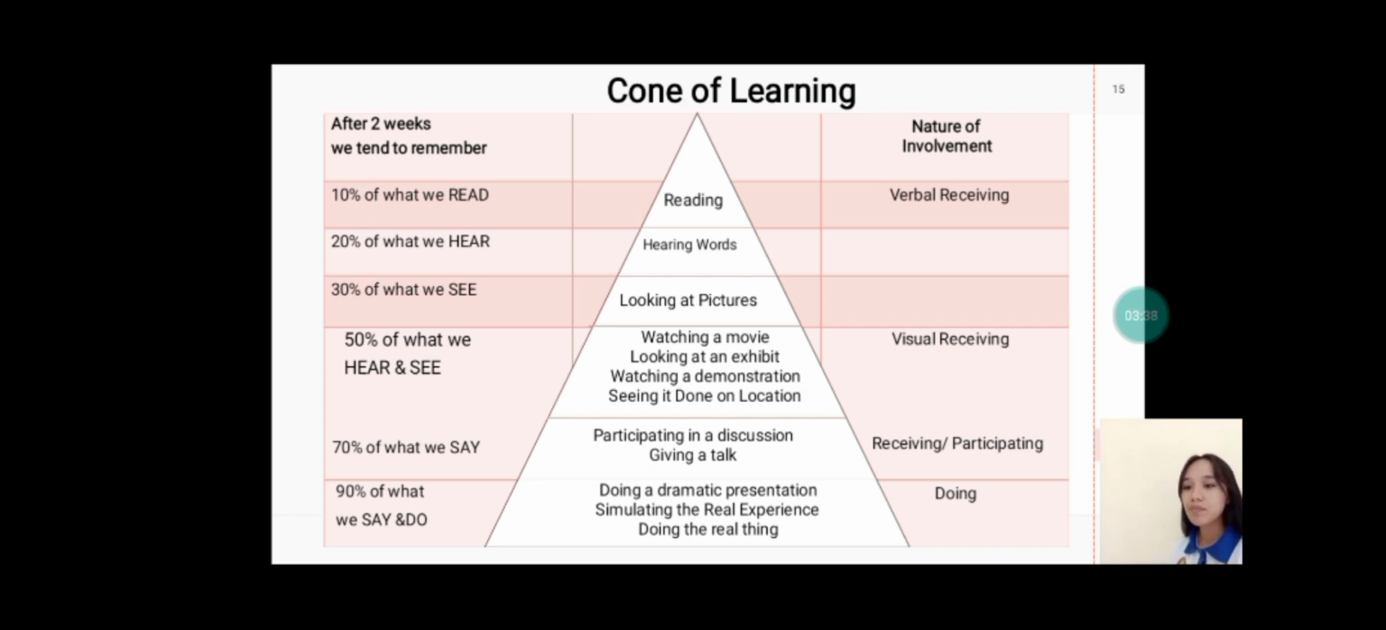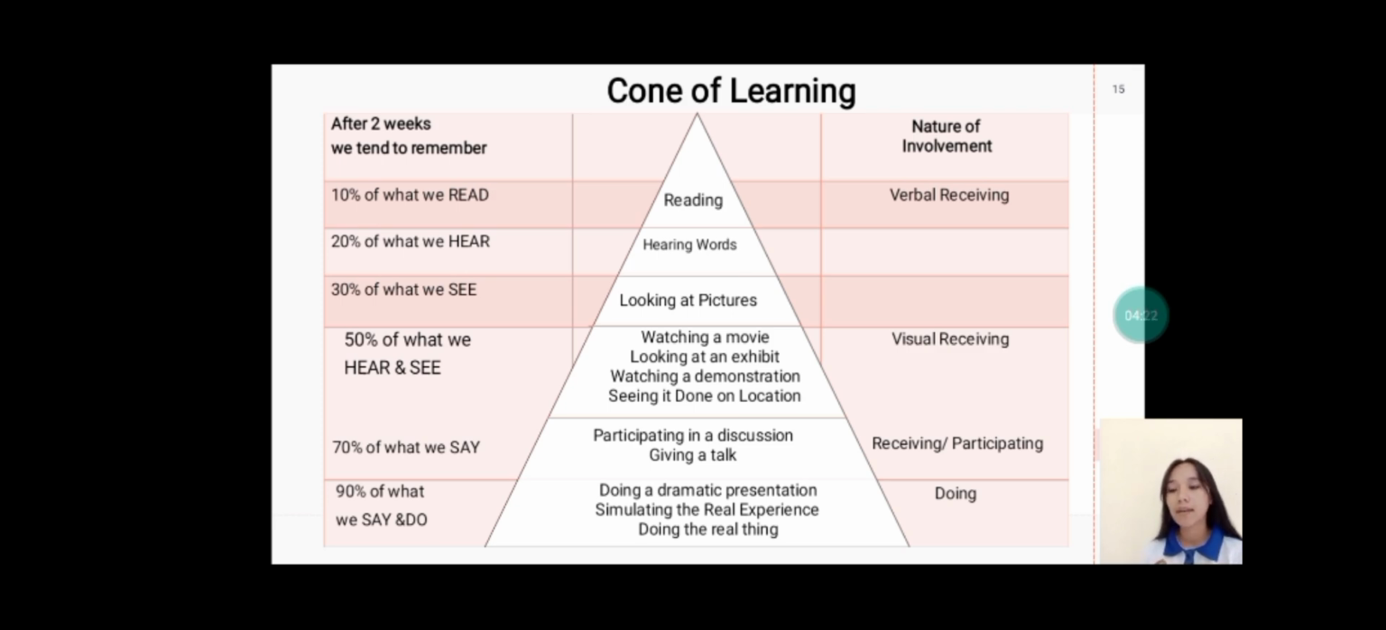Next is after 2 weeks, students tend to remember 70%. This level involves activities that encourage learner interaction and participation, such as small group discussions, individual reporting, role playing, and panel discussions. So, in addition, talking and writing about the material helps learners process and absorb the information, leading to a higher retention rate, and that is 70%. So, this is more on receiving and